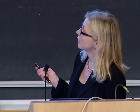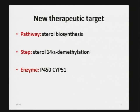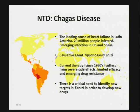Causative agent of Chagas disease is Trypanosoma cruzi, a unicellular organism that infects heart muscle and, over the time of 10-20 years, if untreated, destroys the human heart. Current therapy for Chagas disease was introduced in the 1960s and suffers from side effects, low efficacy at chronic phase, and also emerging drug resistance. And of course, there is a need to identify new therapeutic targets and develop better and